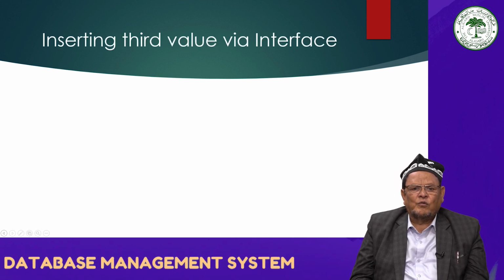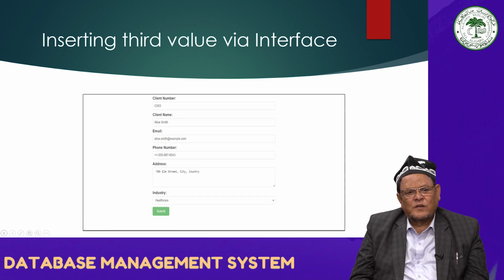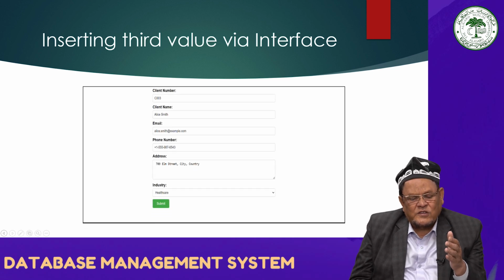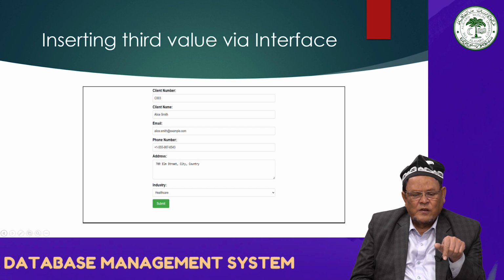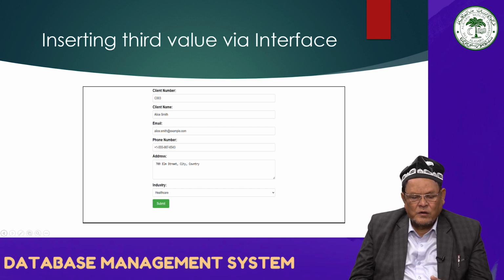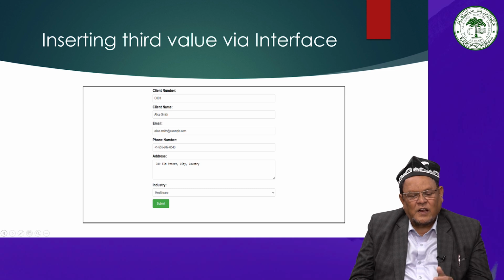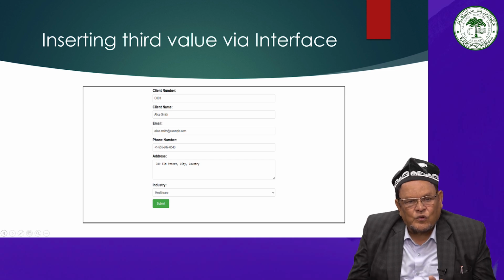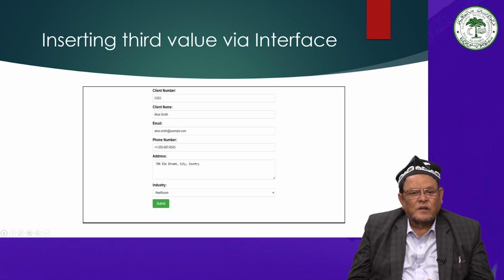Inserting the third value via interface. So here on the screen you can see the form will be displayed: client number, client name, email, phone number, and address and the industry. In the client number, the third value, so I have given C001, C002, the client number is C003,